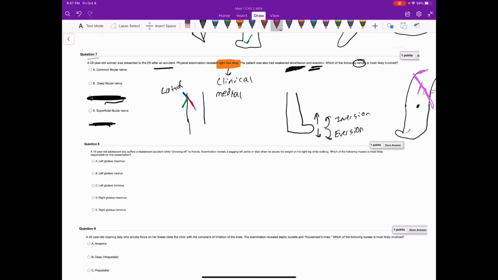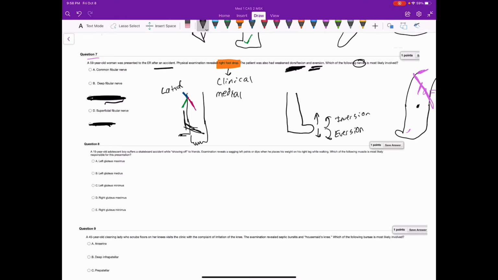Okay, so he has a couple functions. Superficial fibular nerve, what is he going to do? The superficial fibular nerve is really only responsible for 2 muscles, and it's the fibularis longus and the fibularis brevis. So where do those 2 muscles go? If they're on the fibular side, they're on the lateral side, right? And if they're on the lateral side of the foot, let me draw like toes, they're going to help with what? It's kind of hard to explain, but they're going to cross the foot, and they're going to help with inversion. So the